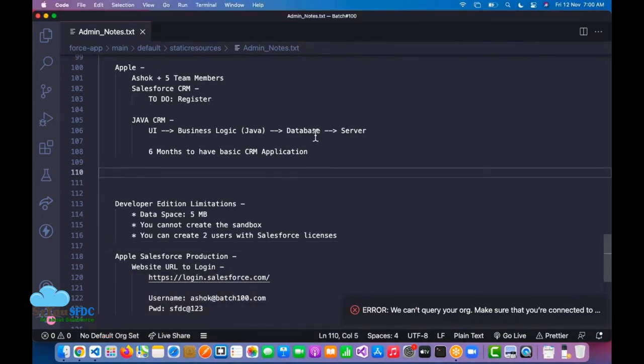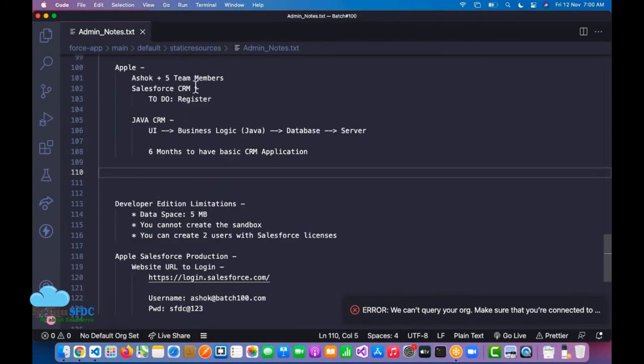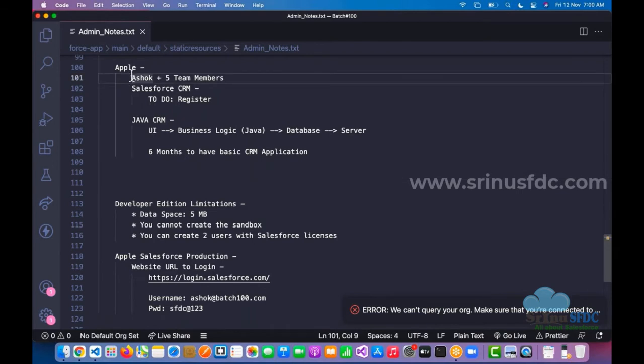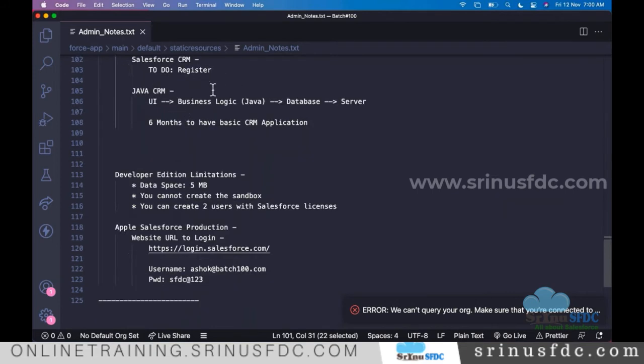Okay, in the last session we were discussing that Apple is one of the companies that wants a CRM application, and let's say Ashok is the person responsible for getting the application for that company. So that person registered for a Salesforce account.